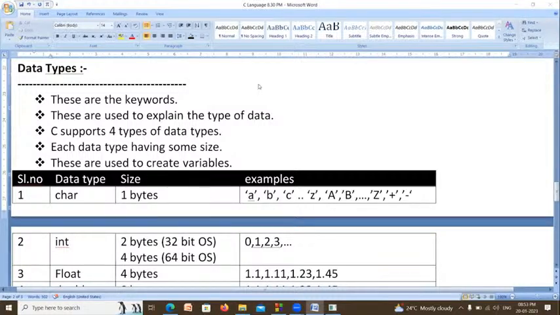That doubt was asked by Chaitanya, no? Chaitanya, 4 bytes, the size of integer. Yes. Chaitanya, see, I used a 32-bit operating system also. Now I am using a 64-bit operating system also. At the time of the 32-bit operating system, the size of integer is only 2 bytes, Chaitanya. Clear? Okay, sir.